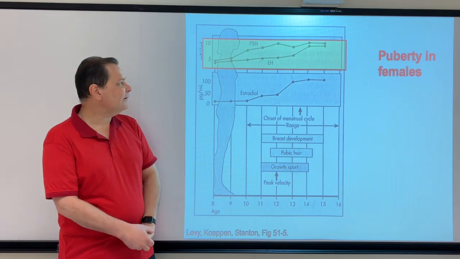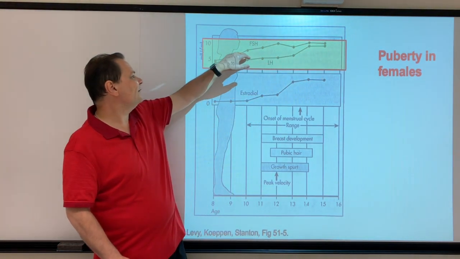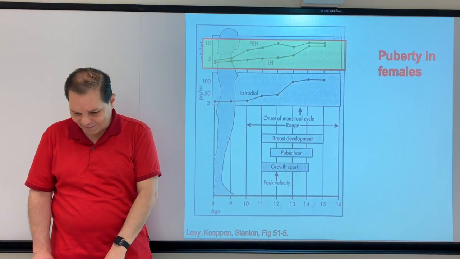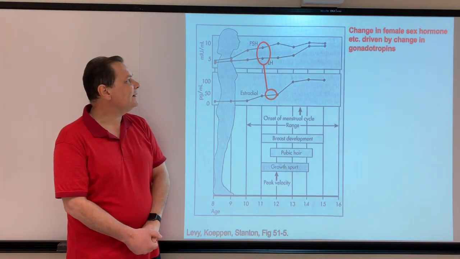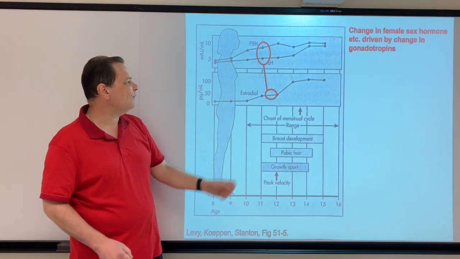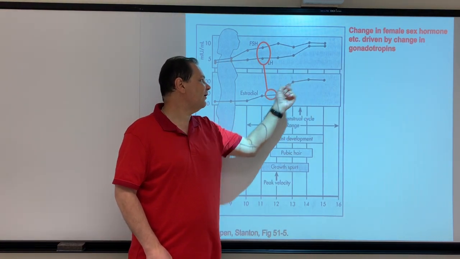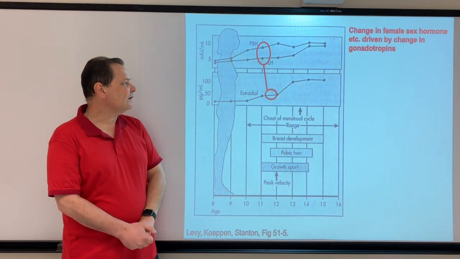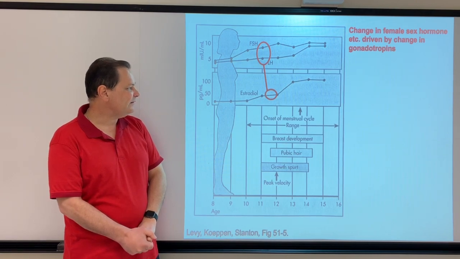In the female, it's a little bit the same. You see the steady increase in the gonadotropins, okay? And once again, you have these diurnal changes in the gonadotropins, which may help explain partly why estradiol suddenly takes off and starts to increase to a greater level once you hit puberty in the female.